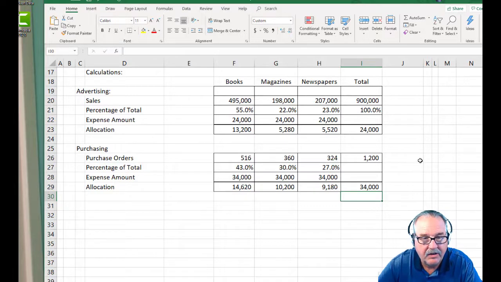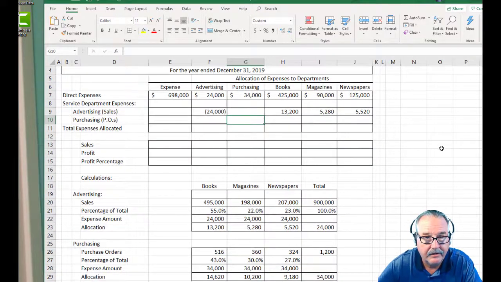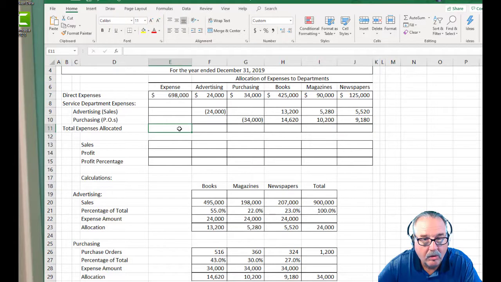This is based on a percentage of the total of these purchase orders. So now I can subtract the $34,000. Let me make this a little smaller. Yeah, there it is. Subtract $34,000 from the purchasing department, and we're going to put $14,620 in books, $10,200 in magazines, $91.80 in newspapers. So now if I total this up,